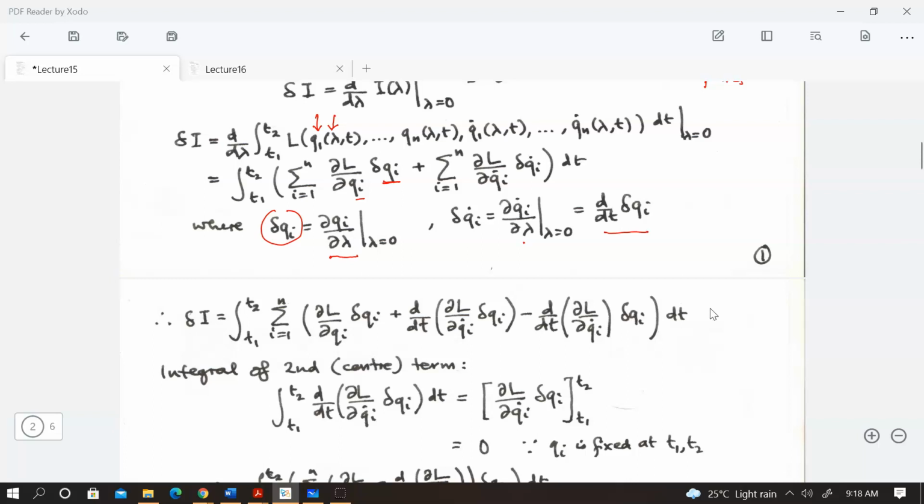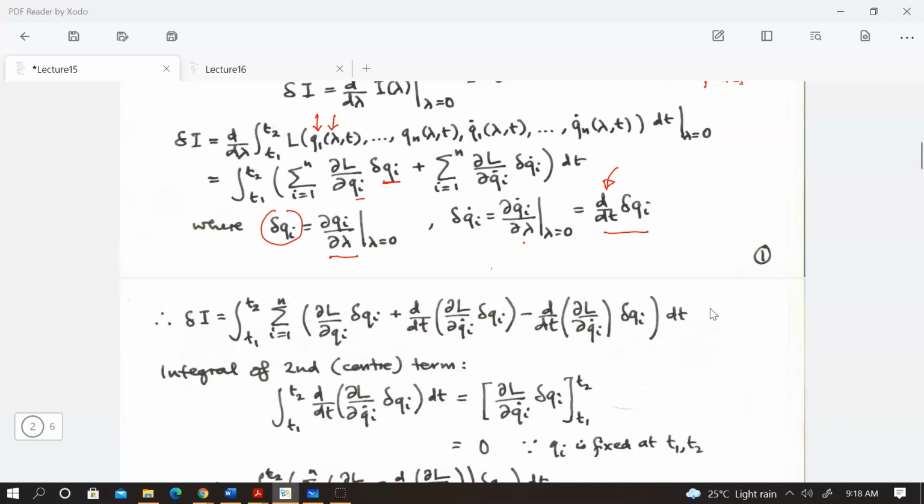Now it would be much simpler if all these things depended on just delta q. But you can actually see that this can be done because this is just d dt of delta q. If we can get rid of this d dt, then everything will depend on delta q. And how do you get rid of this is to do